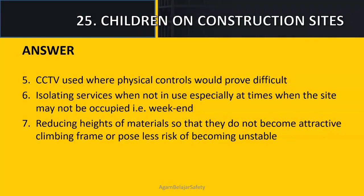5. CCTV used where physical controls would prove difficult. 6. Isolating services when not in use, especially at times when the site may not be occupied, that is weekend. 7. Reducing heights of materials so that they do not become an attractive climbing frame or pose less risk of becoming